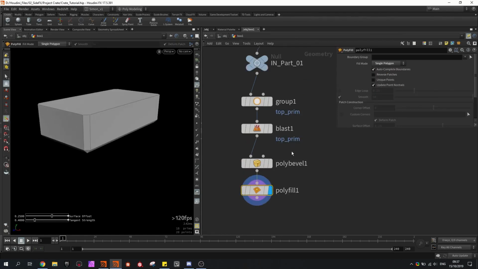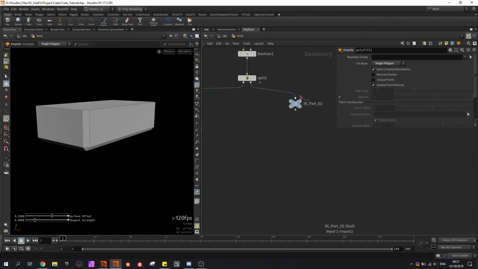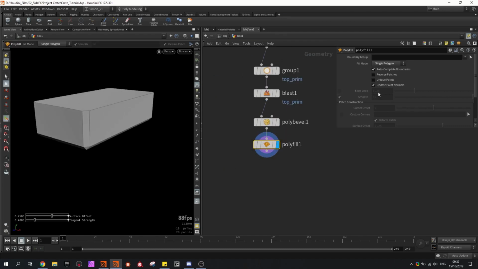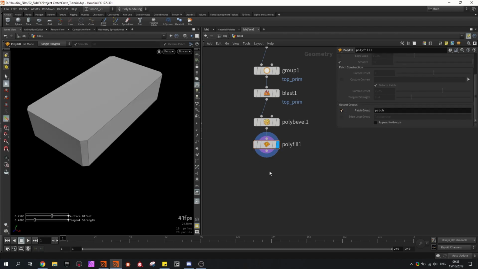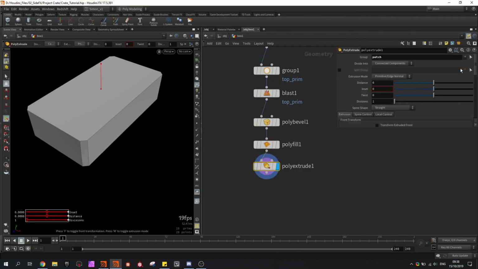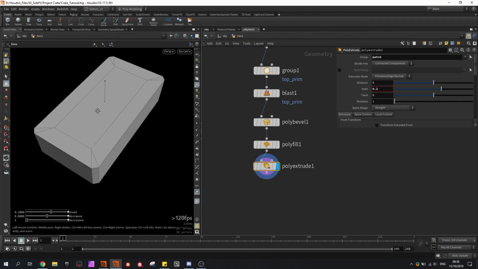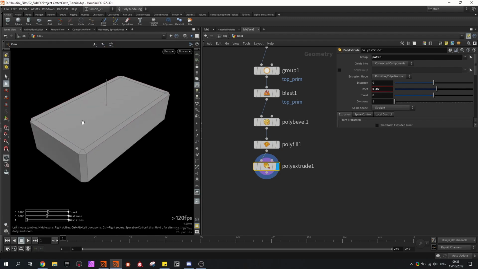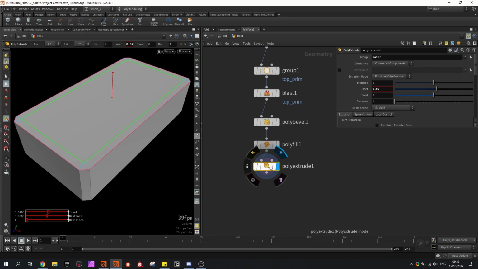So the reason why I deleted the top first is so the bevel is not on the top, because we will have this part sitting on top of it. Then in the polyfill we can use the patch group, and this is a group with the polygon that it created, and I can use this in an extrude. So I'm gonna go here, patch, and then if I just scroll my mouse I can already see the inset going on. So let's say I want something like this,